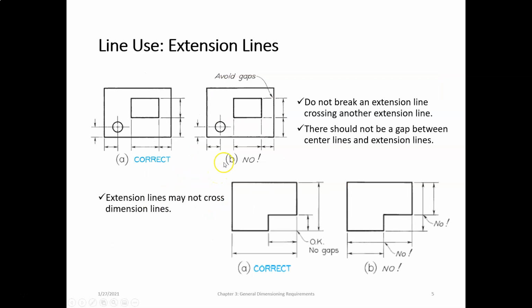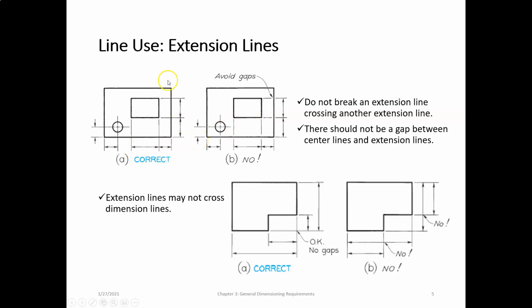With extension lines, we want to have a gap between the edge of the object and the beginning of the extension line. We do not want a gap where the dimension line crosses an object line. So we want to avoid that. The good news is AutoCAD does that automatically, or most CAD packages. In fact, probably all CAD packages do that automatically. But since we're not using CAD, you have to be aware of